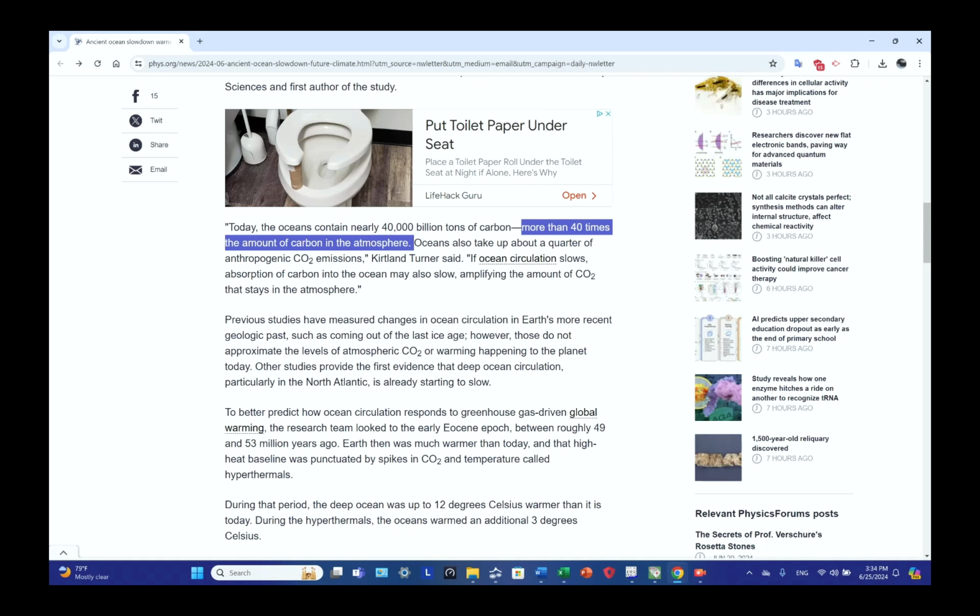Oceans also take up about a quarter of anthropogenic CO2 emissions, which then increases the acidity of the ocean. If ocean circulation slows, the absorption of carbon into the ocean may also slow, amplifying the amount of CO2 that stays in the atmosphere. And also remember,